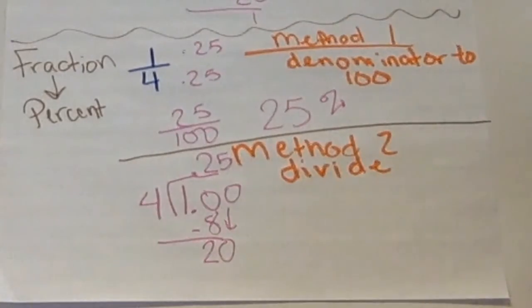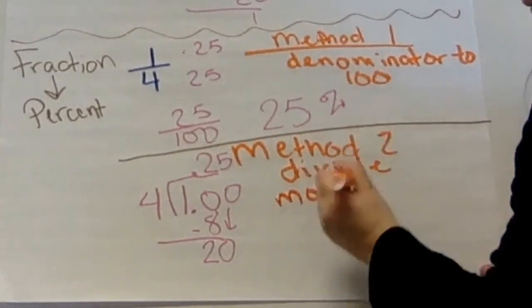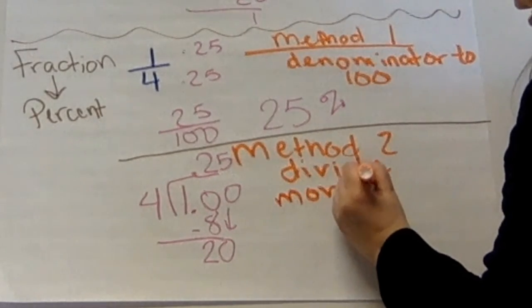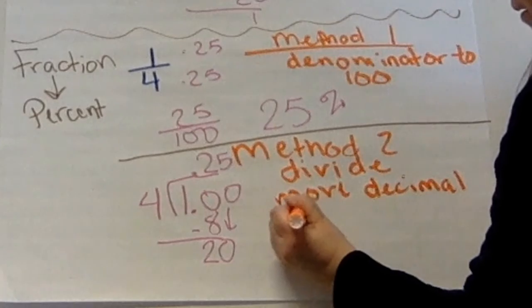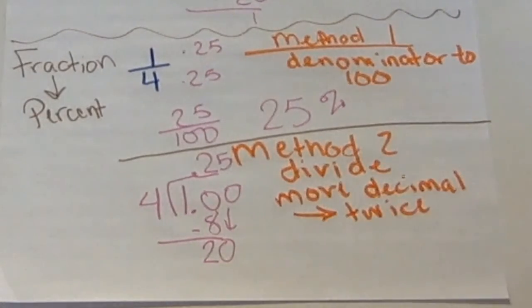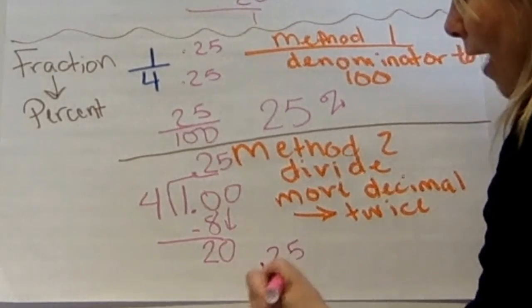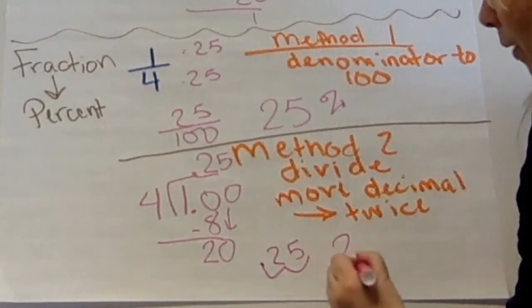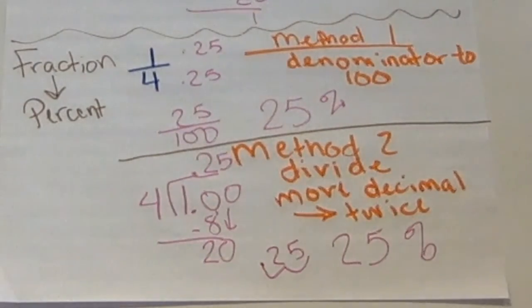The next step is to multiply by 100. Move the decimal to the right twice. I was trying to write it in as few words as possible. So it'll be 0.25, and you're going to move that over twice. So it'll be 25%. Yes, percent. I thought I was doing a whole wrong problem. Okay. Then you would have to get your